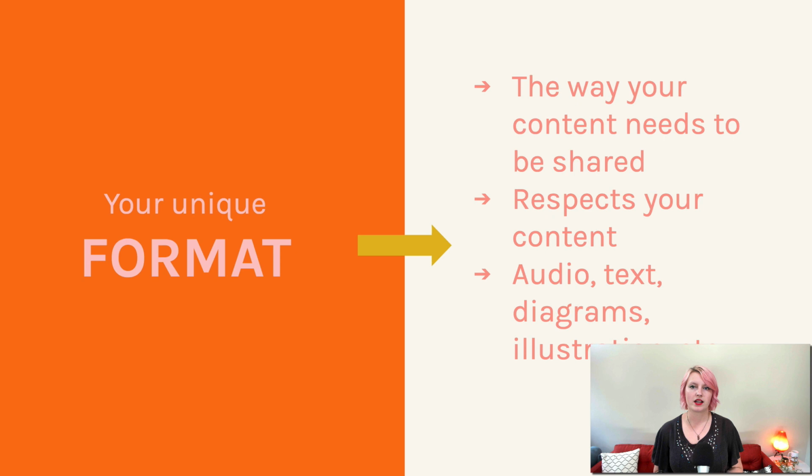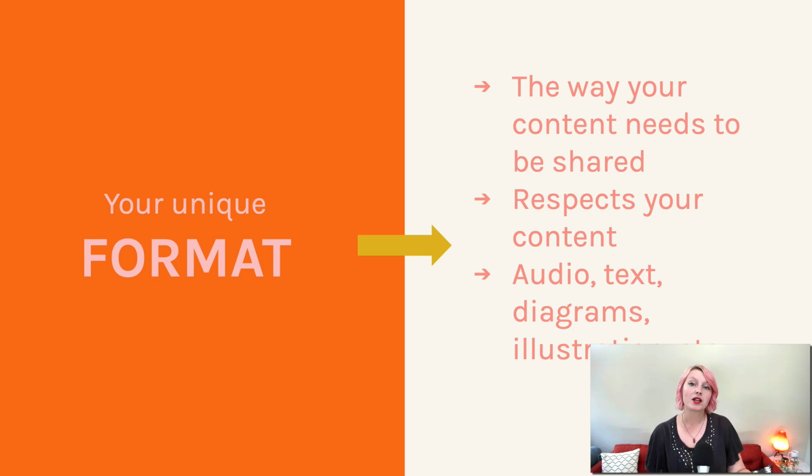And when we start talking about what format your course should be in, I want you to think about a couple things. I want you to take a minute and imagine your student actually experiencing your course. Like imagine that it's 2 months from now and your student is actually sitting down to go through your course content. What is their experience like, right? What do you want them to be doing? Should they be listening to an audio lesson while filling out their journal or filling out a workbook that you provided them for them to print out? Should they be following along with a video and taking notes?